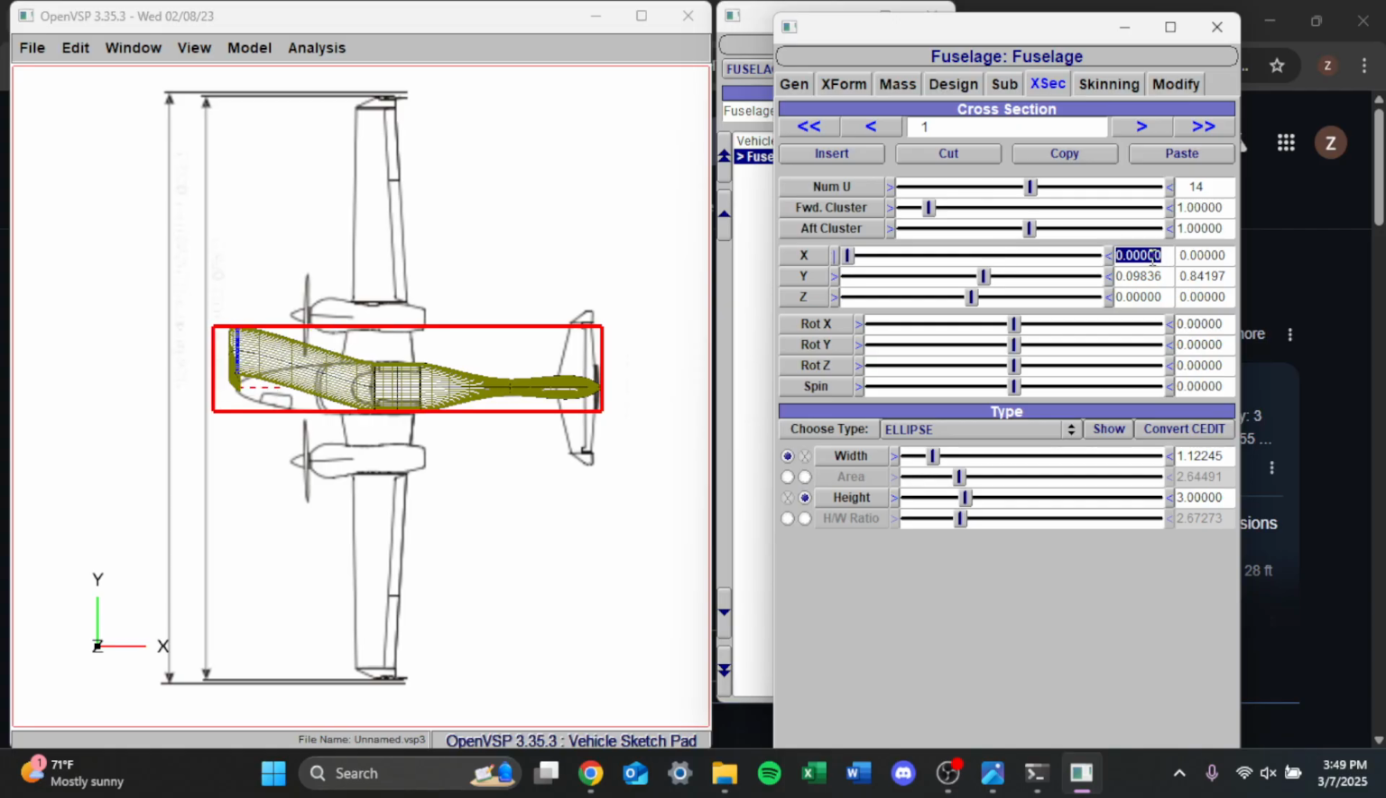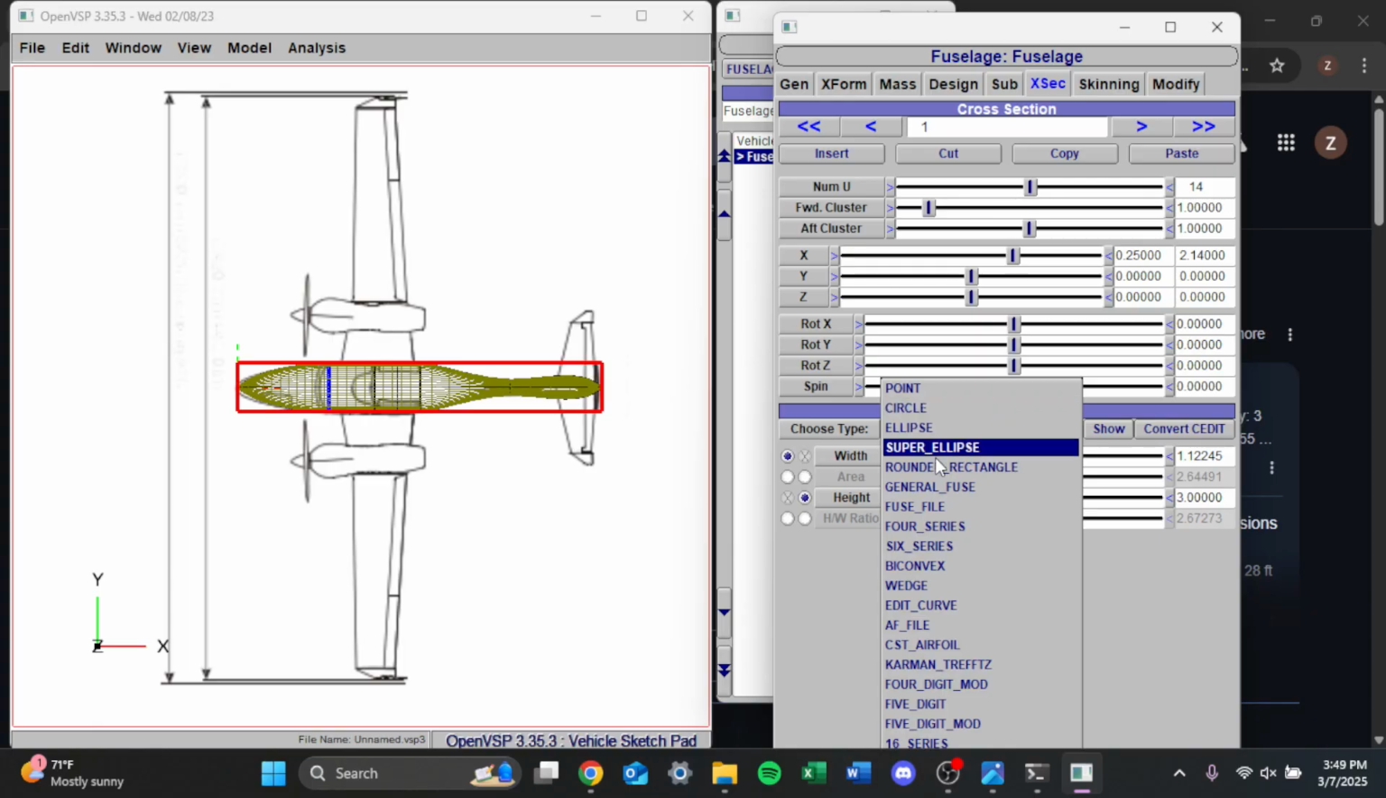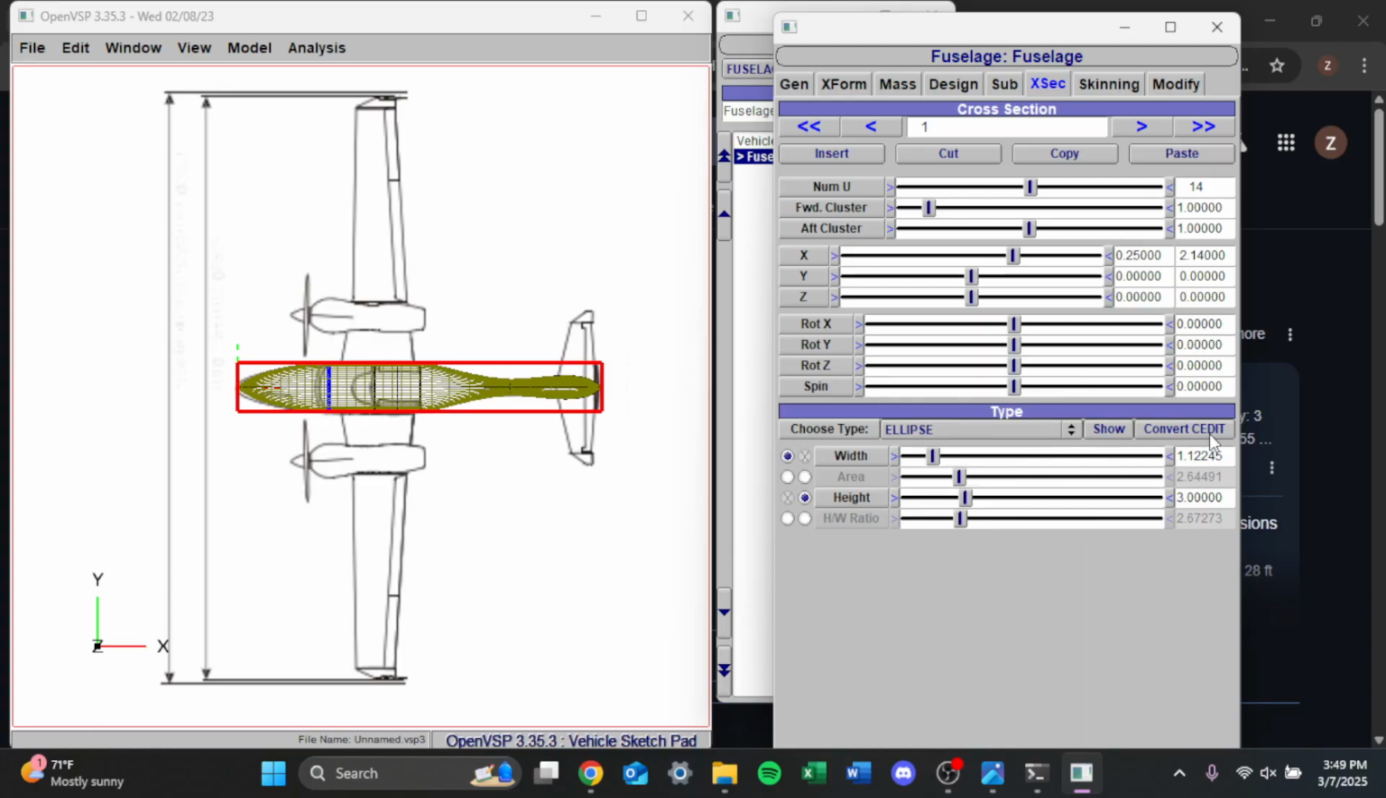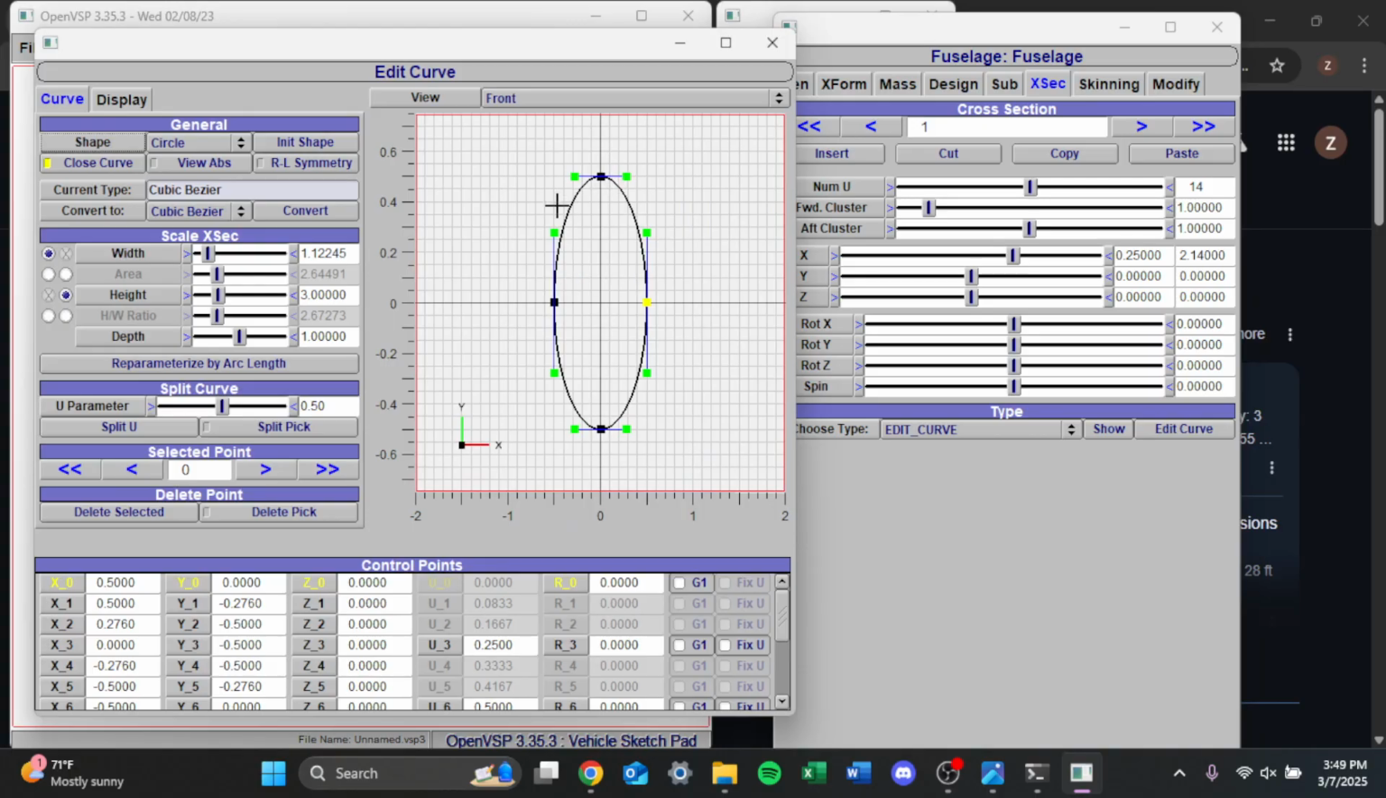Uh-oh, what did I do? Oh, this is supposed to be 0.25. There we go. It's supposed to make this one 0. Cool. All right, so we've gone through this. You have all these different geometries. One thing that can be useful is the convert CEDIT. What you can do is you can click on it and you can actually modify the cross section of each